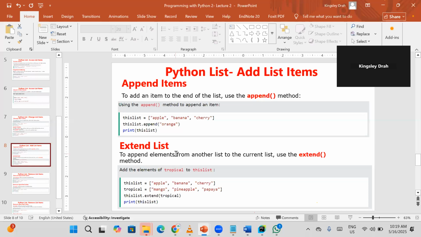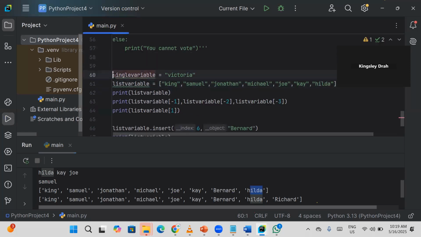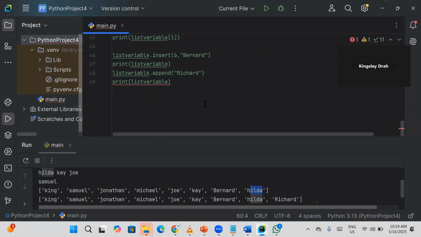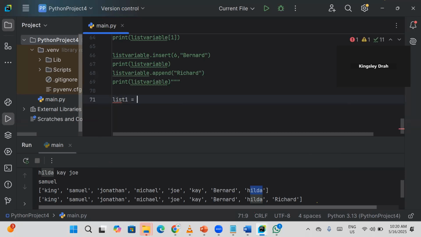You can also extend. When we talk of extension, extension has to do with merging 2 different lists together. So we can add 2 different lists together with the use of the extend function. Okay, so let's go ahead and comment this. So we have list 1, let's say the mango, pineapple. Then maybe list 2,